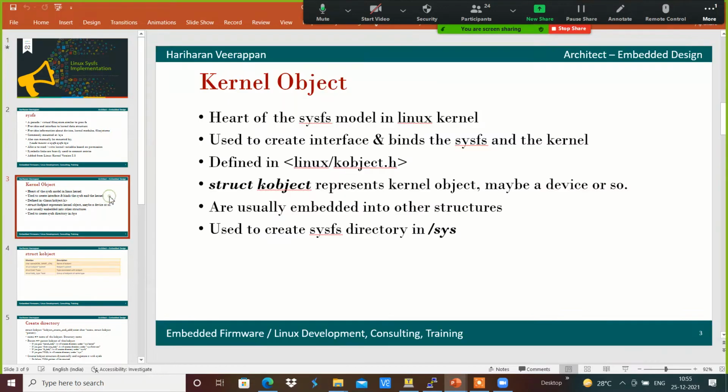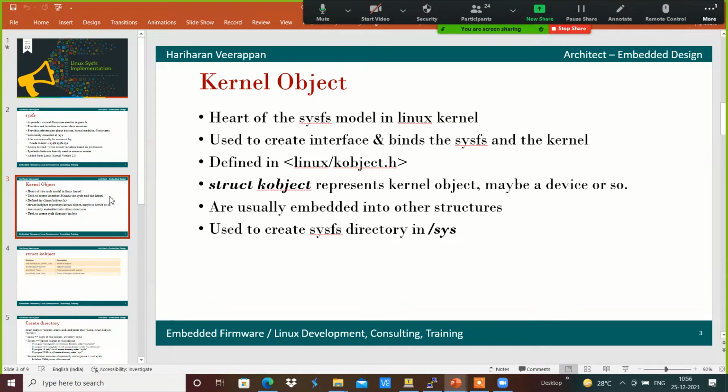There is a kernel object. The kernel object is the heart of the sysfs model in the Linux kernel, which can be used to create an interface or bind the sysfs in the kernel.